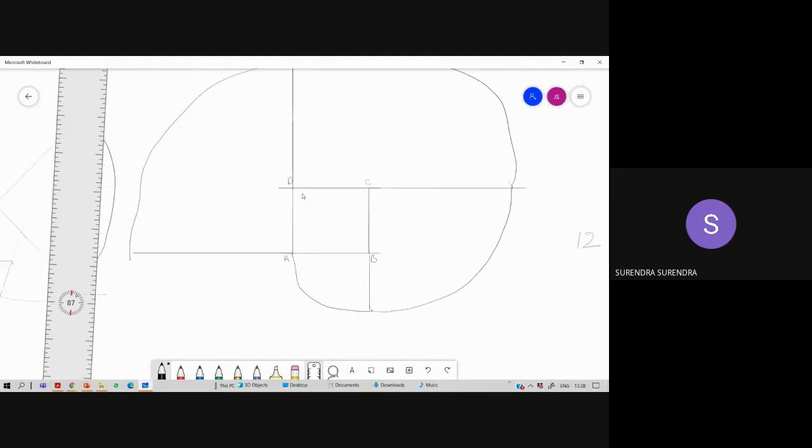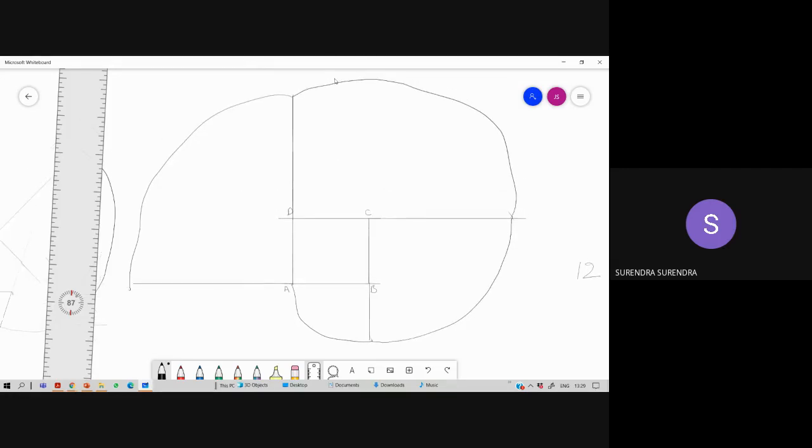Draw a square and extend the four sides. Suppose it is a square of 30 mm, extend each side by 30, 60, 90, 120. So B as center, 30 mm radius, first arc. C as center, 60 mm radius, second arc. D as center, 90 mm radius, third arc. A as center, 120 mm radius, fourth arc.